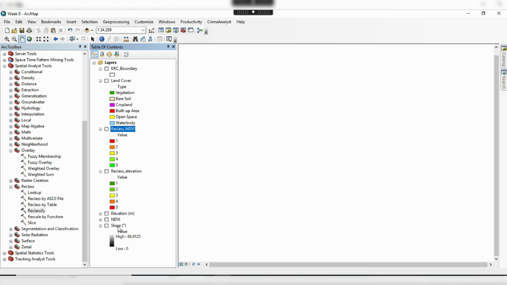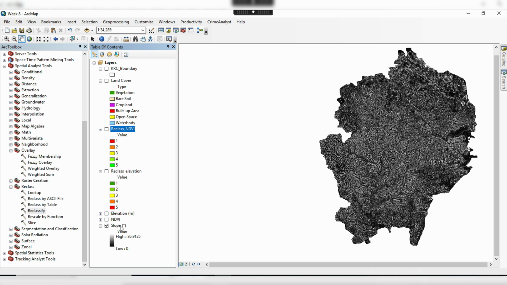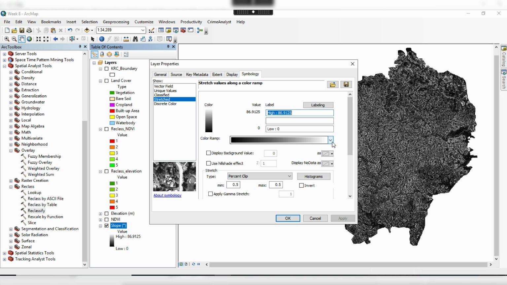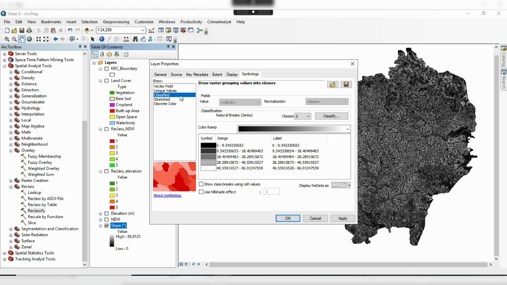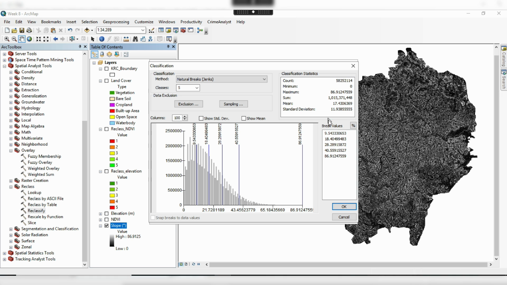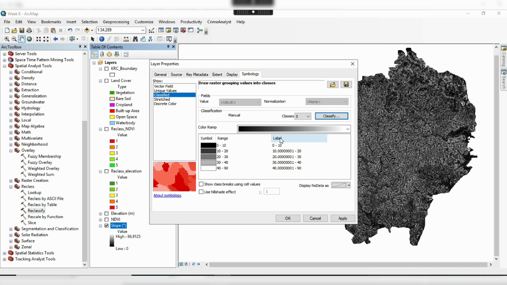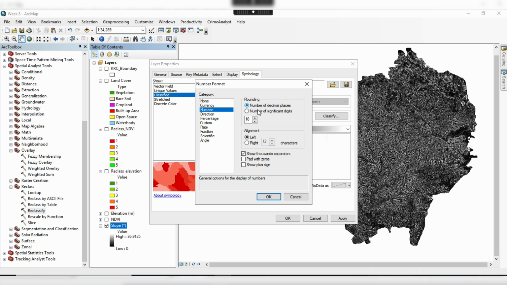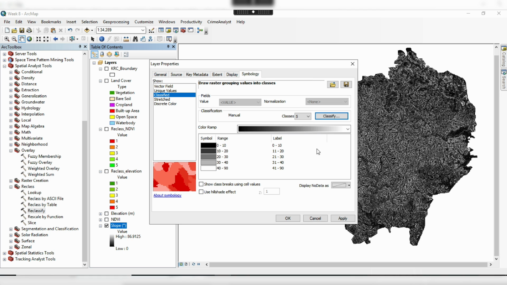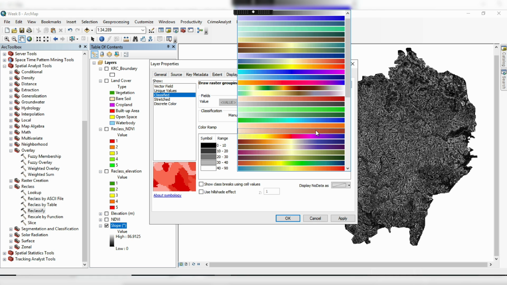Now lastly, I will work on slope. Classified, I want 5 classes, 10 degree, 20 degree, 30 degree, 40 degree, and 90 degree. I have 5 classes. OK. I don't want so many decimals here. 0. OK. And slope should be,